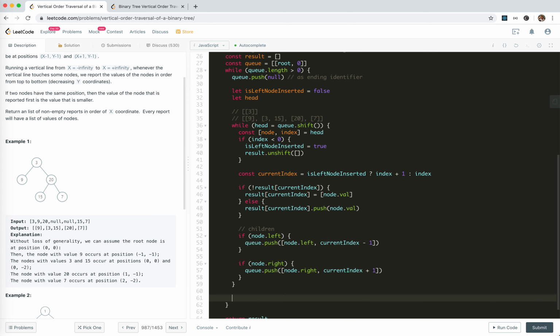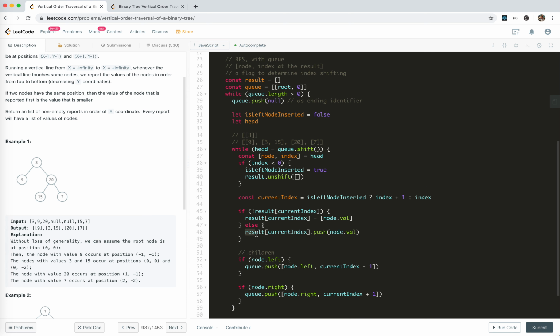So we need a little change. Rather than just pushing the result directly into the array, we actually need to cache it. There might be multiple nodes in this position, and we need to do the sort. So we will create, for each layer,